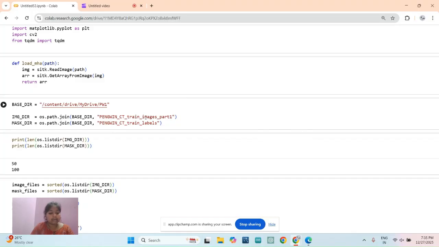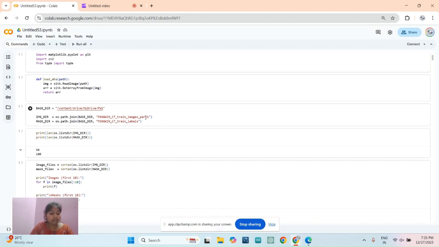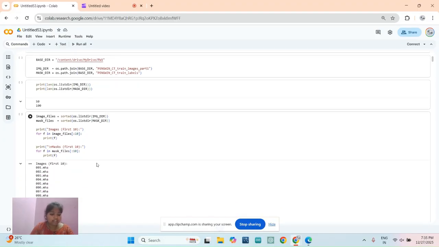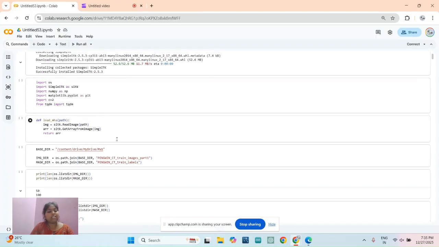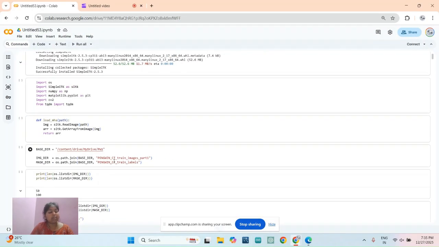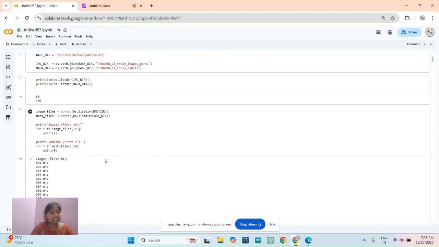This is the CT scan data set, which consists of pelvic CT scan images along with the pixel level ground truth mask. Before training, these images are converted into a consistent format. Why am I saying that? Because the images in the data set are MHA images, which are nothing but meta images. These are converted in such a way that they can be used for model generalization.